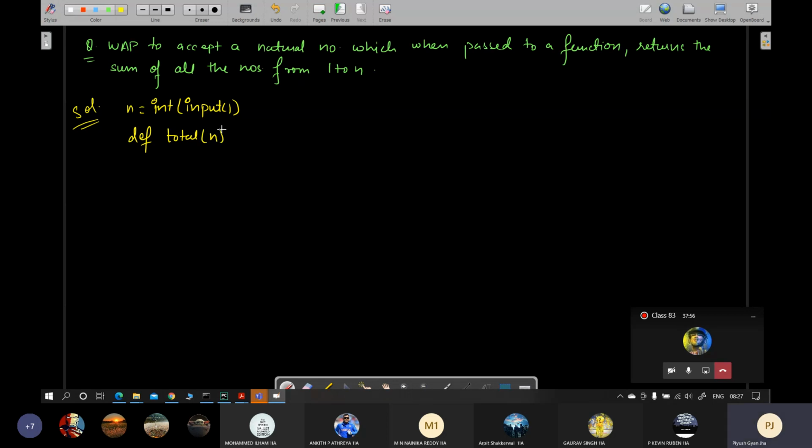You can also keep it different. If you are not comfortable with using two variables of the same name in both the scopes, you can make it num also.